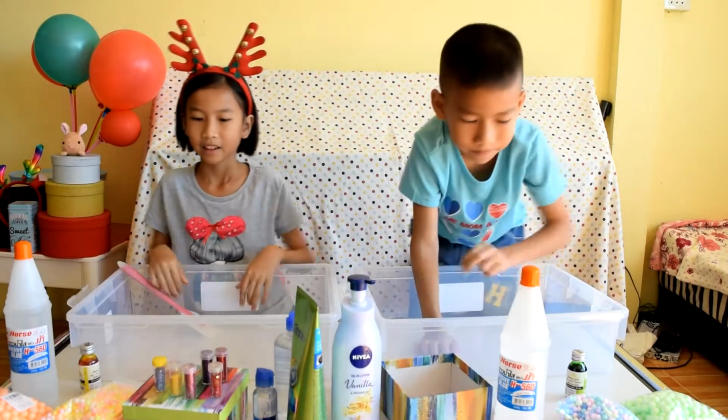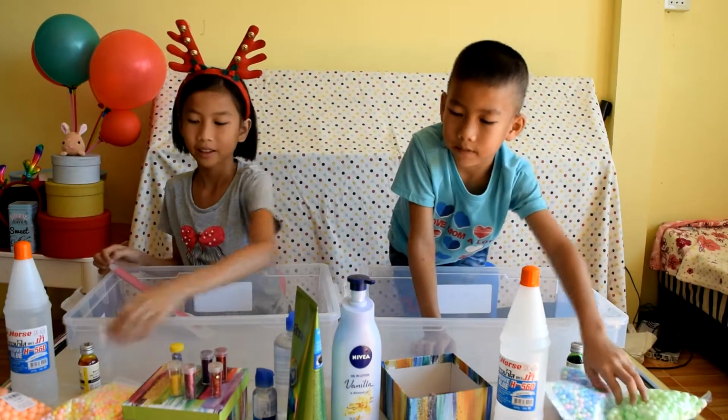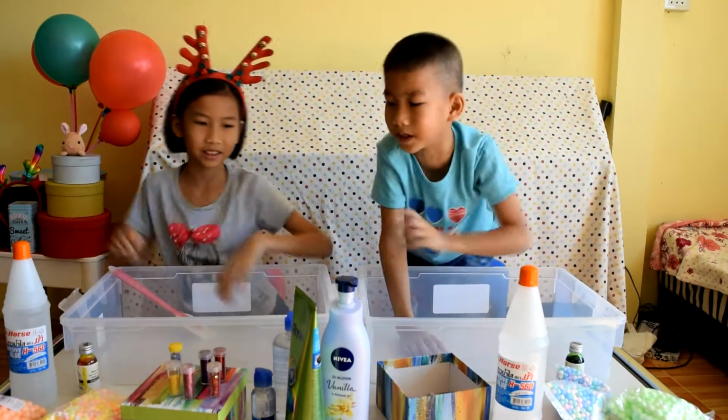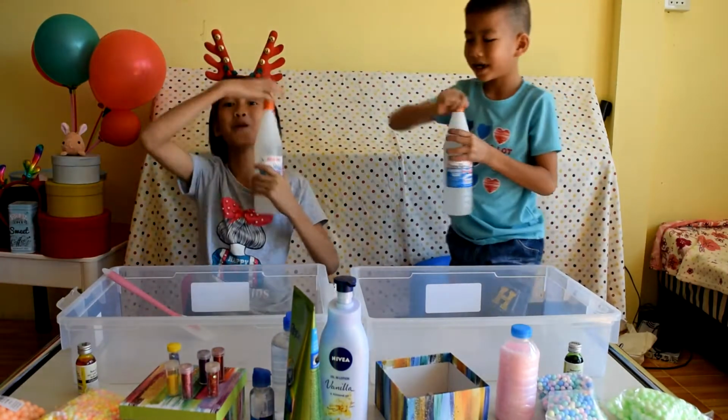Glitters. My glitter is these ones. One more piece. I got these pieces, the orange ones not used in. Okay, so first we are gonna be adding the glue. So first we're gonna put